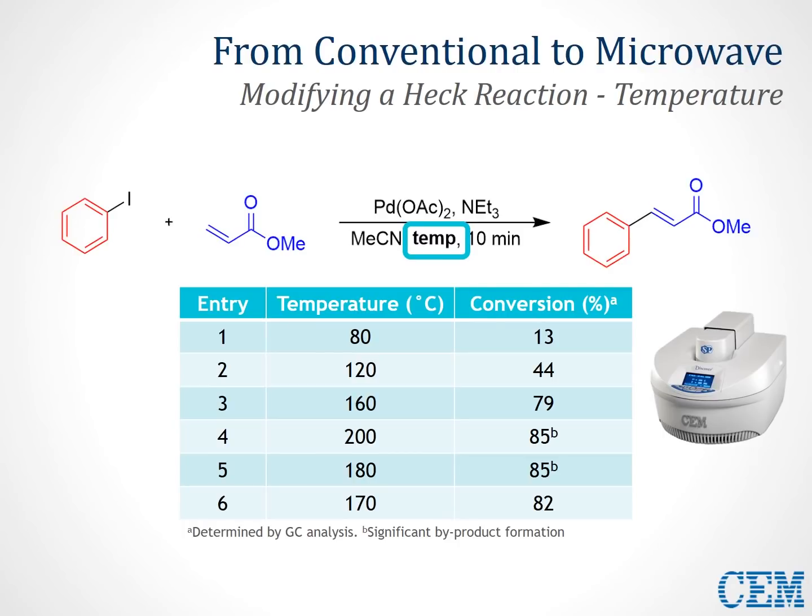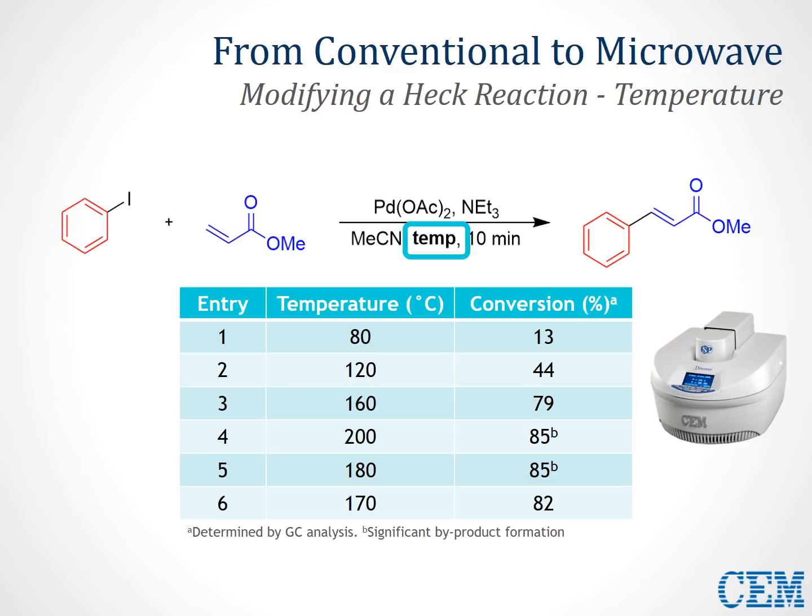So a 10-minute reaction time is fairly common with microwave synthesis. We'll start with that while we're optimizing our temperature. As we expect, 80 degrees had a pretty low conversion to our product, about 13%. So we adjusted our temperature up about 40 degrees per run to provide an efficient manner to identify our optimal reaction temperature. At 120 degrees Celsius, we saw 44%, and at 160 we saw 79%, so we are increasing as the